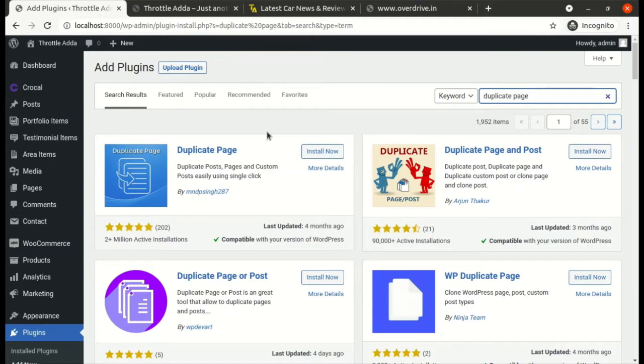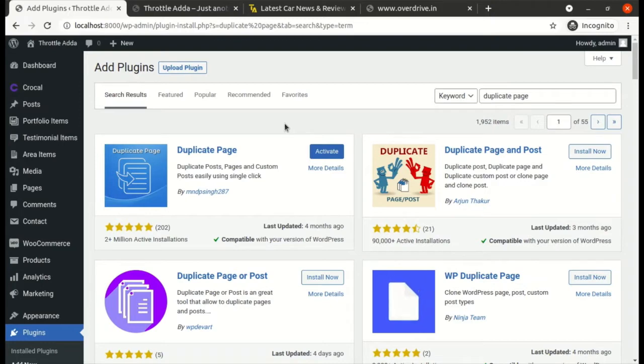Let's install the duplicate page plugin. Install now. While it's installing, there is one more way that we can install the plugin. If you want to download the plugin from the plugin page on the website, you can download the zip file.